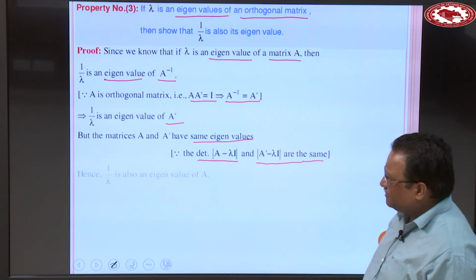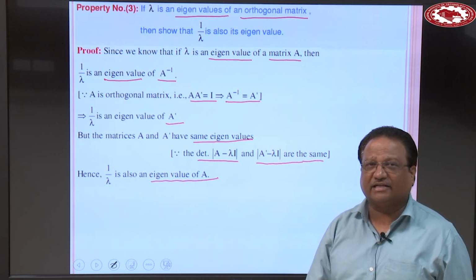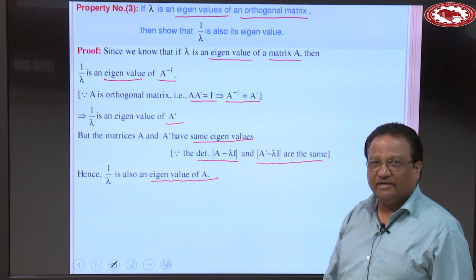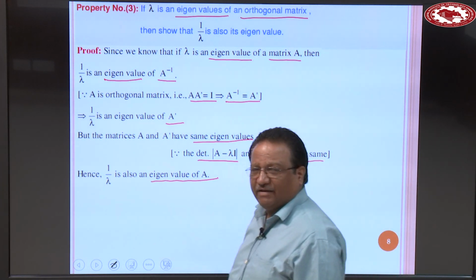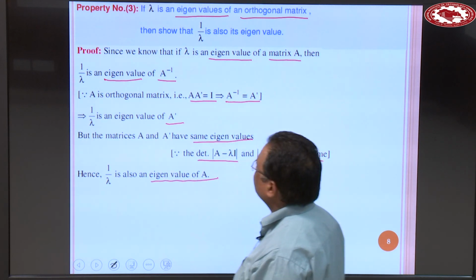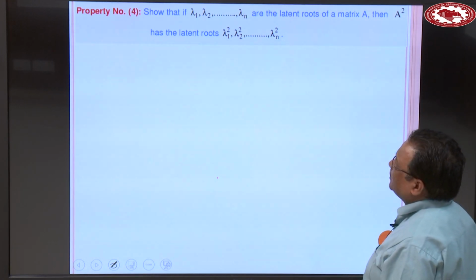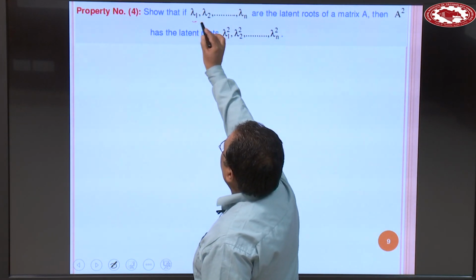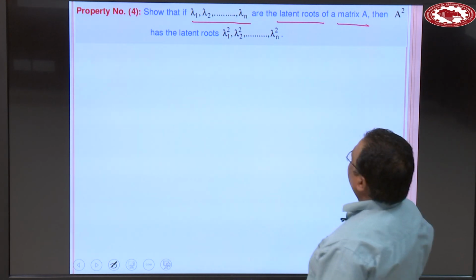So 1 over lambda is also an eigenvalue of A. This completes the proof. So by virtue of basic definitions, you can prove all these properties in a simple way. Now property number 4: